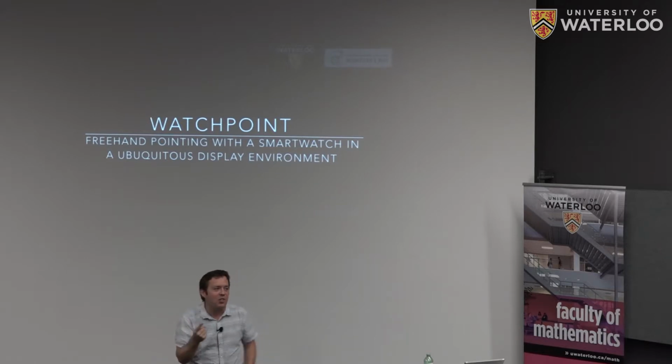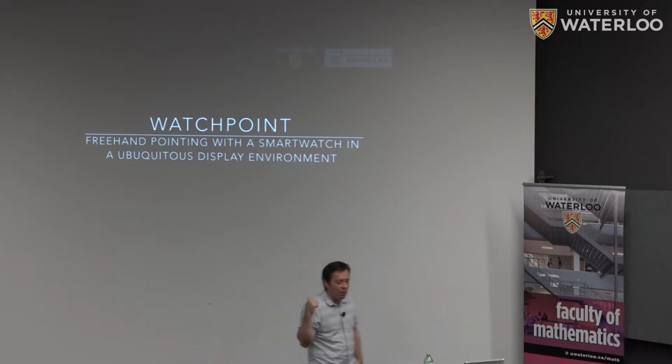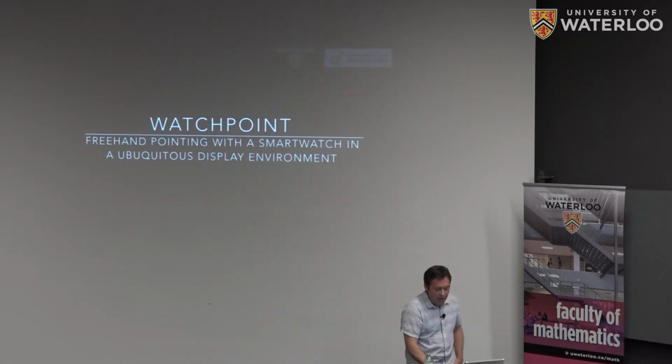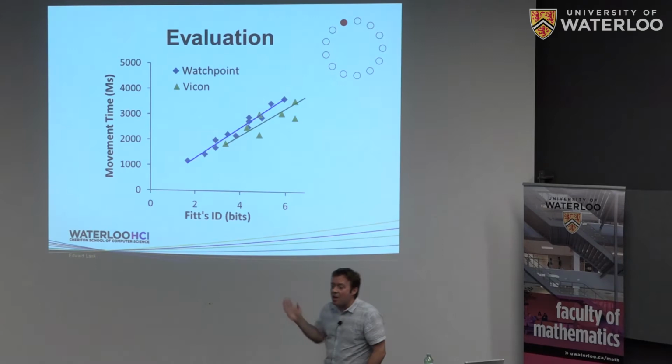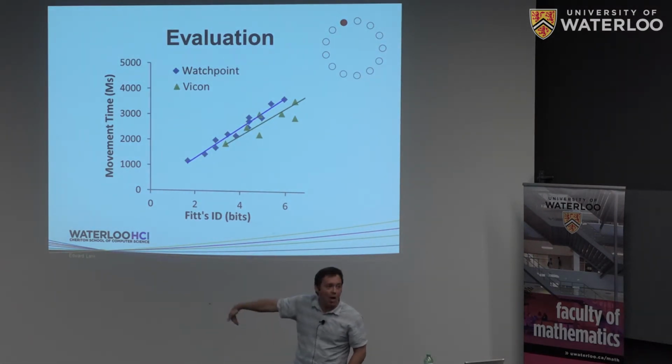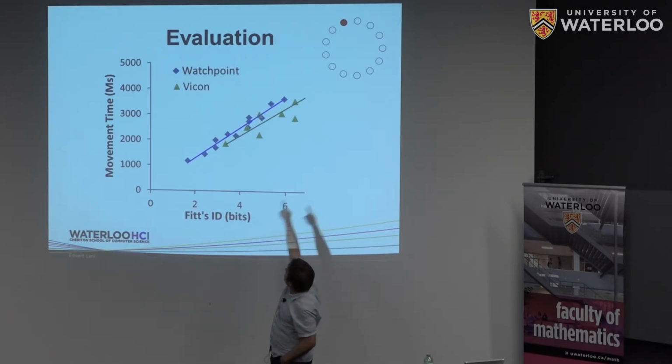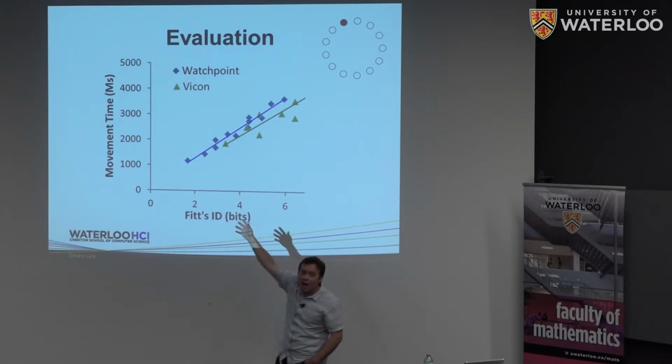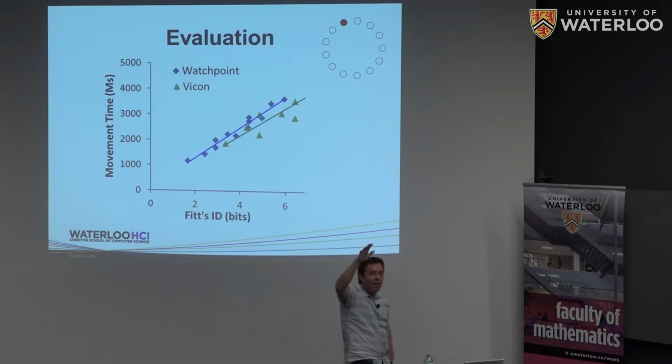What we'd be interested in seeing is how well this system performs if we actually invest a little bit of effort in building it, compared to a Vicon system. And so we did that. Now the Vicon system still looks a little bit better there. Time is on the vertical axis, so low time is good. You can see the Vicon system there in green. The watch system is there in blue. Those two lines are not statistically significantly different. I'm sorry about the lack of error bars on them, but there's no statistically significant difference between those two lines. So essentially what we've done in terms of time is we've started to come pretty close to a Vicon in terms of performance.